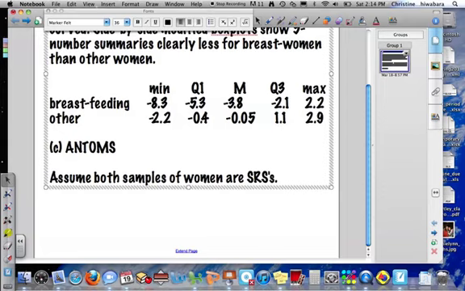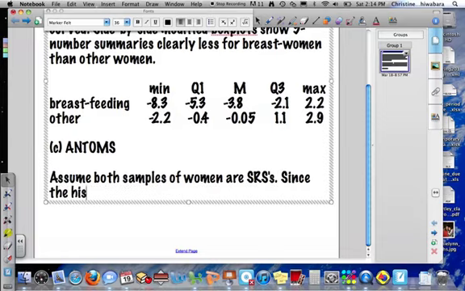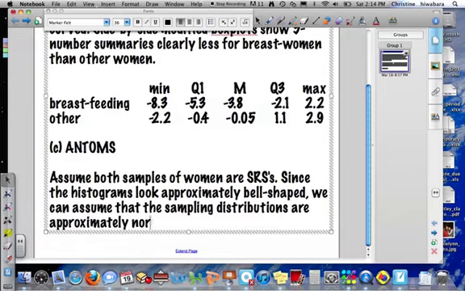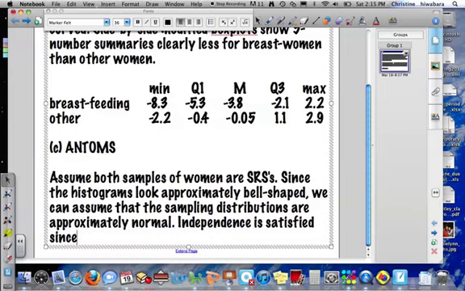Because we already did histograms for part B, you can state that since the histograms look approximately normal or bell-shaped, we can assume that the sampling distributions are approximately normal. And then our last condition is independence. So independence is satisfied since there are